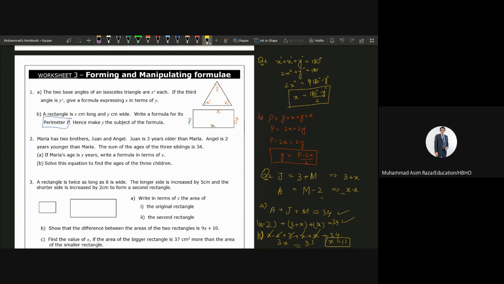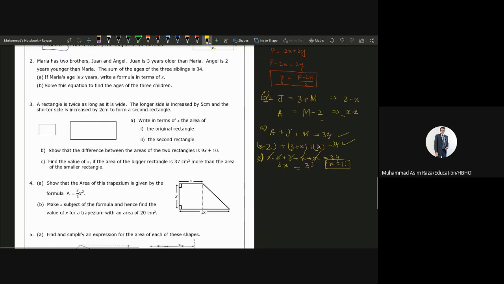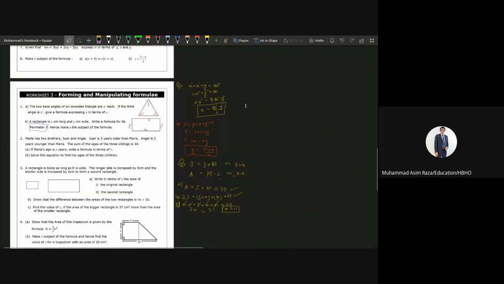Now let's do question number 3 as well. Let me clear some space from here. Okay. So now question number 3. He says that a rectangle is twice as long as it is wide. It means that let's say width is equal to x. He would say to write it in terms of x, and